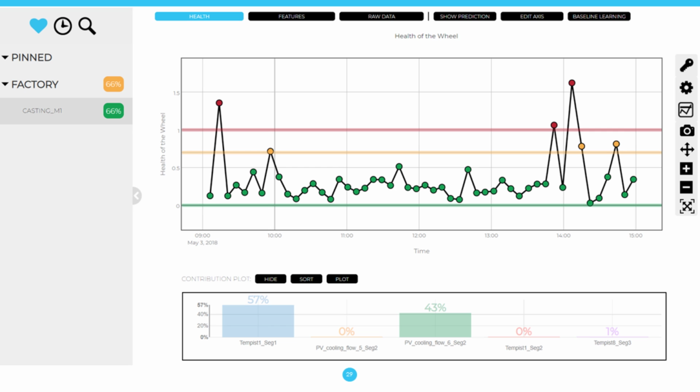This is a screenshot of the deployed solution. It's showing what we call the health of the part. In this case, they're making automotive components, and each dot represents one part. And the red or the yellow points are indications of the process being anomalous or unusual or not as expected. And in addition to indicating at an early point in the process, in this case right after it finishes the casting process, they can detect this issue very quickly. They would also know what variables are contributing to that particular issue,